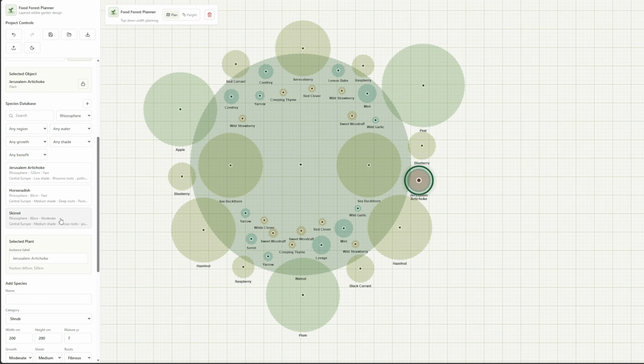Because I think a lot of us are drawn to the same dream. A garden that feels alive, a place that produces food but also habitat. Something beautiful, something useful, and something long-term. But the path from inspiration to actual design can feel a bit foggy. So this project is my attempt to make that fog a little easier to move through.